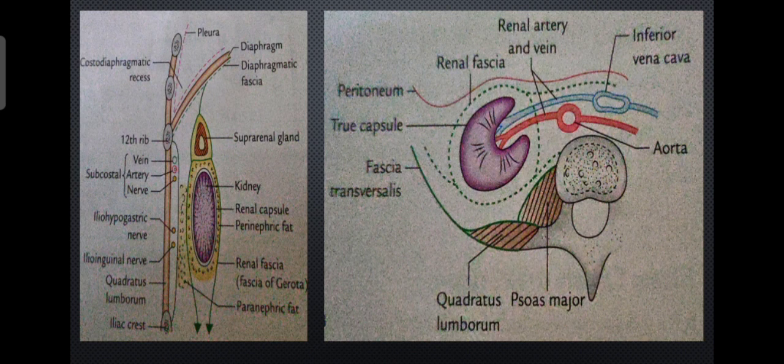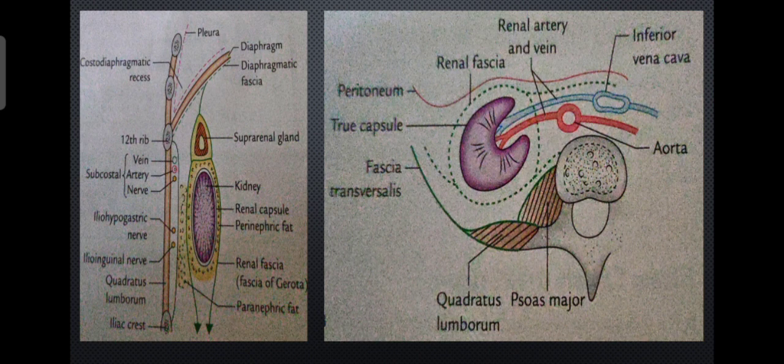Next we will see about the fascia of Gerota, that is the green colored structure that covers from here to here, going there, and also here. This is the fascia of Gerota. The fascia of Gerota consists of two layers, an anterior layer and a posterior layer. The anterior layer is also called the fascia of Told, and the posterior layer is called the fascia of Zuckerkandl. Then this is not completely surrounding the kidney alone. It also extends superiorly and inferiorly, and also laterally they are arranged in a different manner.